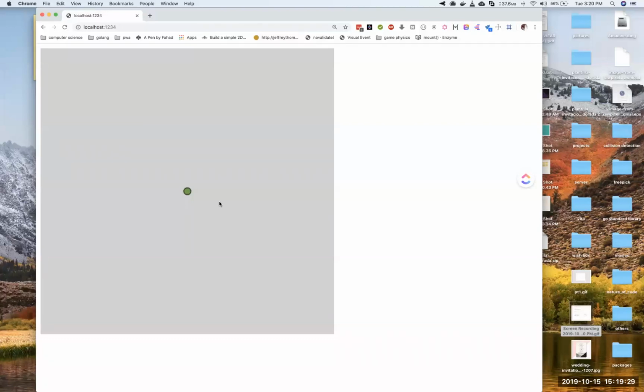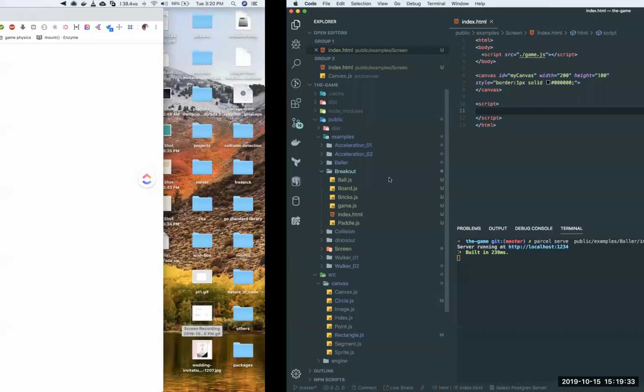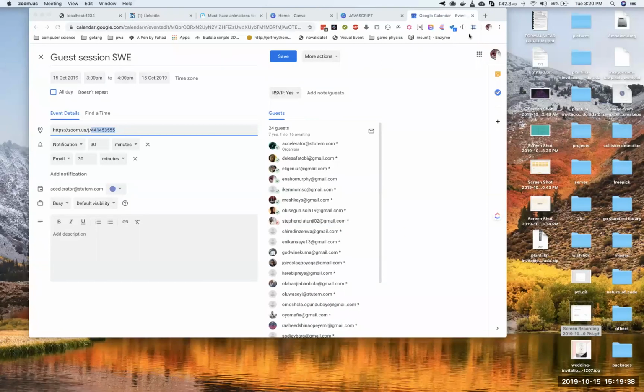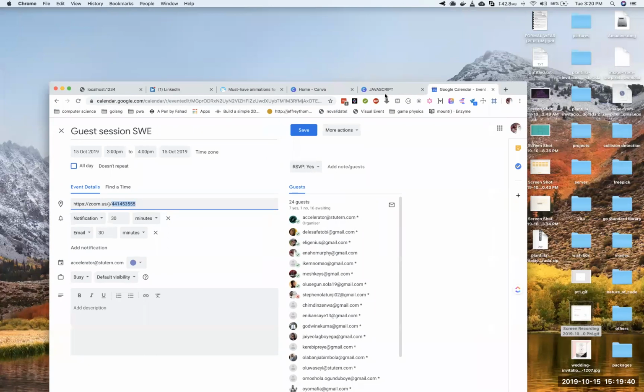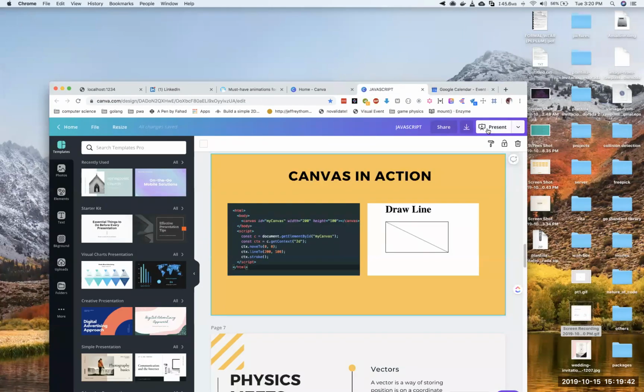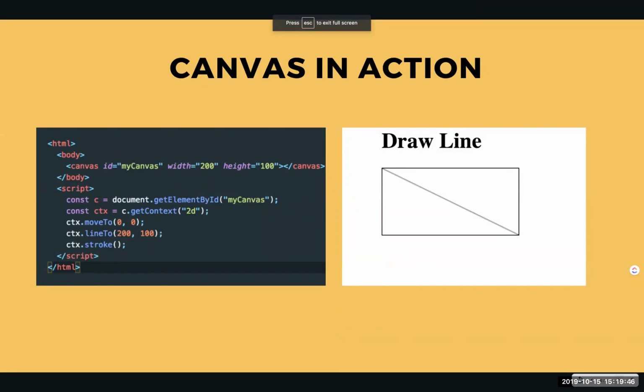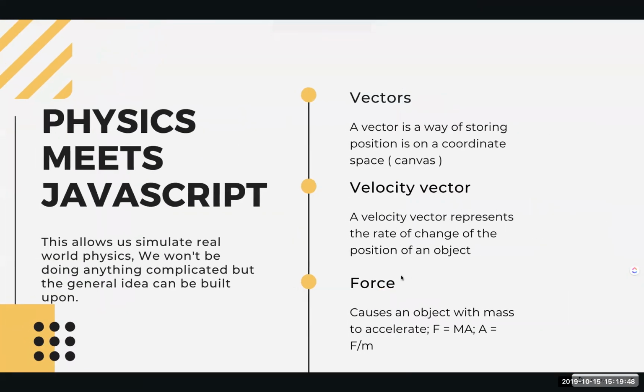Well, that's actually the fun part. That's boring. Just being able to draw circles is boring. Let me remove this. But the fun part about drawing stuff on the screen is being able to move those things from one position to another position, which is what brings us to the next part